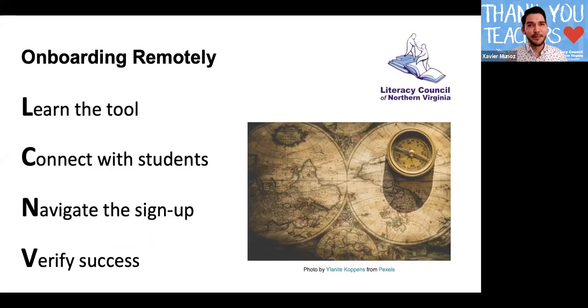If you're a fan of Hamilton, you can think of The World Turned Upside Down, that song. As the world is turned upside down because of the coronavirus, we have shifted our process a little bit in terms of how we remotely onboard students whom we can't connect with over Zoom or over WhatsApp through their teacher, but instead just by phone or text or email. Our process basically has been to learn the tool, connect with students, navigate the sign up, and verify success. And I'll talk about each of those in step, and I'll leave some mystery for the Q&A